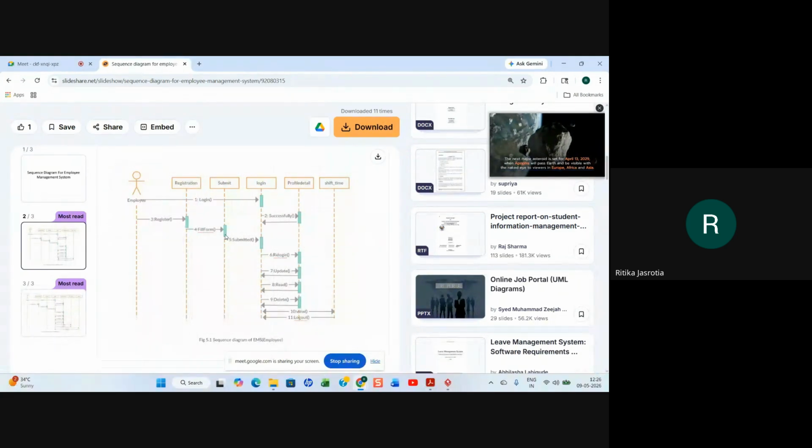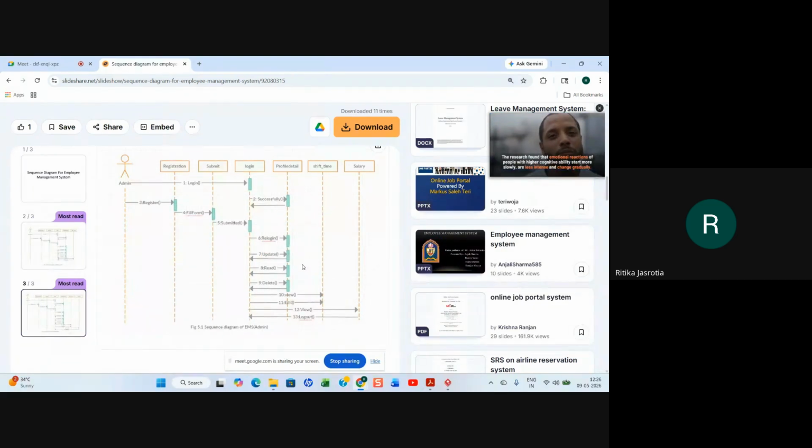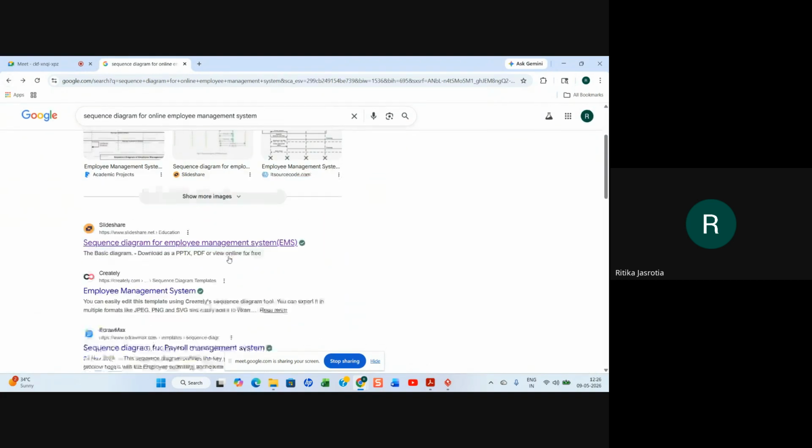Now what you can do is submit that application, and then you will be asked to log in again. You log in and then you can go on and put your shift time. That is what they are explaining. And then see here, after shift time, they are also calculating the salary here. So that is your thing, how you want to take it.